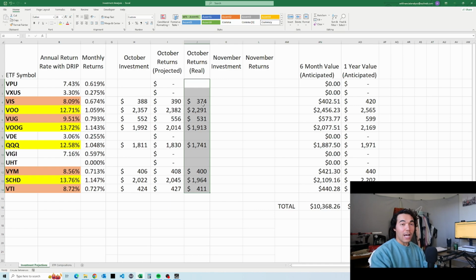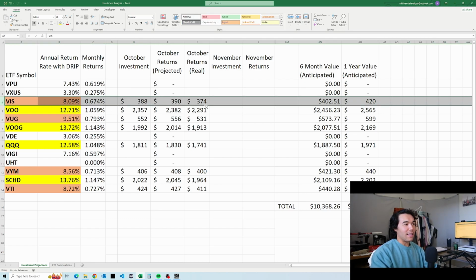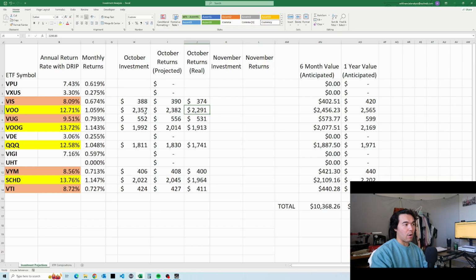So what actually happened for VIS, for example, right here, is that the current value of it is 374, right? So I bought in at 388. It's worth currently right now 374. So a loss. The next one, I bought in at 2,357. It's now worth